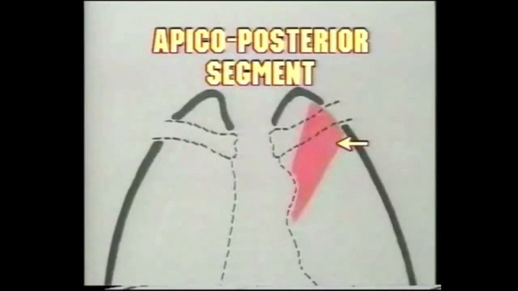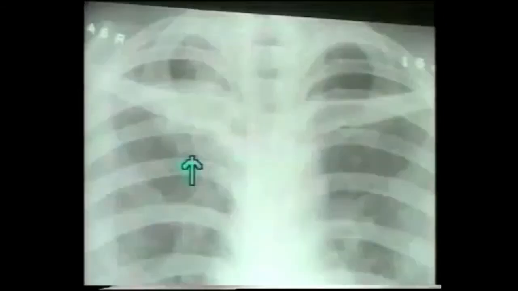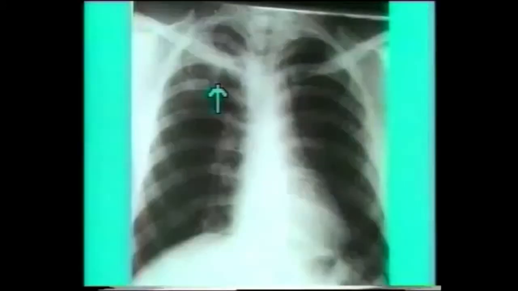Tuberculosis most commonly starts in the apical and posterior segments of the upper lobe. So the early lesions are often seen behind the outer part of the clavicle. This is a typical early lesion of pulmonary tuberculosis. Note the fluffy nodular opacity behind the right clavicle. This is another early lesion in the right upper zone, appreciated better if you compare it with the apex of the opposite side. In a close-up view, note the cotton-like fluffy opacity.